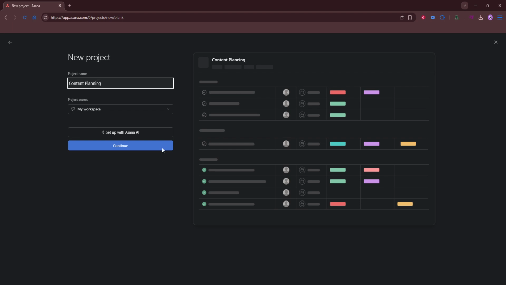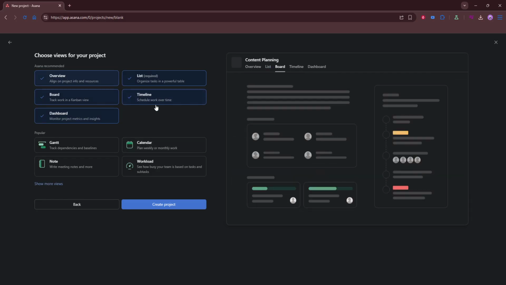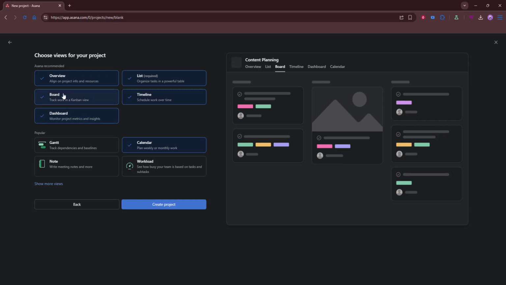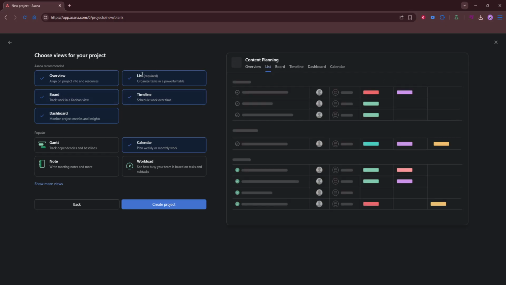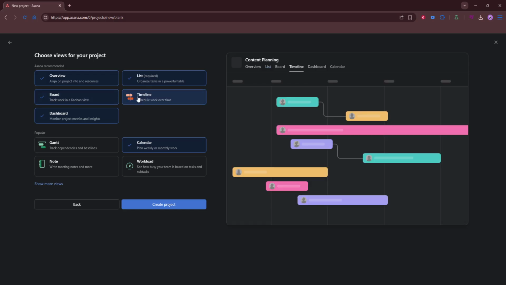Next, choose the view that fits how you like to plan: calendar, board, or list. Calendar view is perfect for seeing publishing dates at a glance. Board view gives you a Kanban style workflow with columns that represent stages. List view is great for fast data entry and sorting. You can switch between views at any time, so pick the one that helps you focus and then adjust as